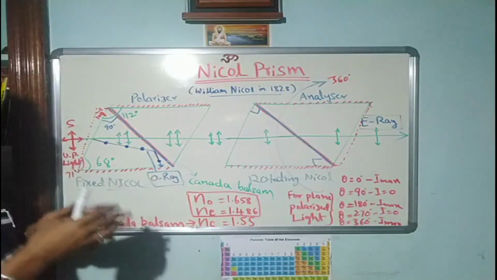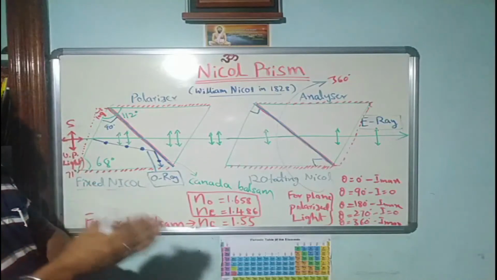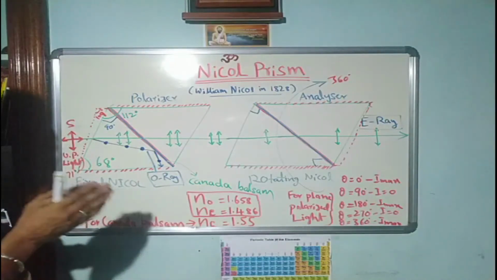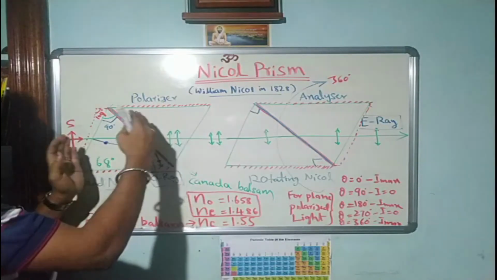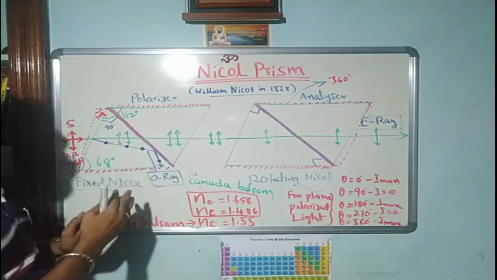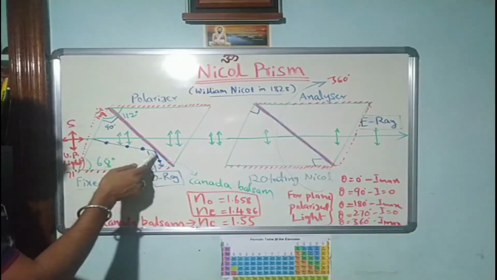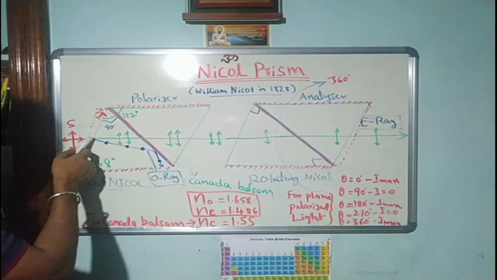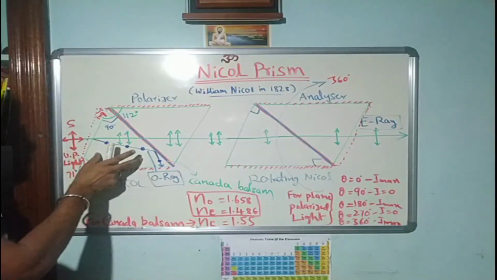Now we have to analyze the polarized light, and we want only one polarized light. So what do you have to do then? You have to eliminate one of the rays. That is why we are using this Nicol prism. How is one of the rays eliminated in the Nicol prism? You just see the ordinary ray. When it is refracted and obtained as an ordinary ray at one part of the Nicol prism,